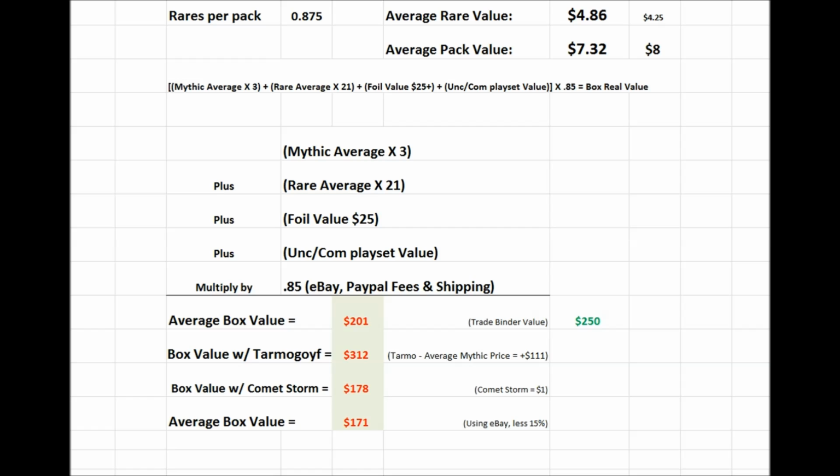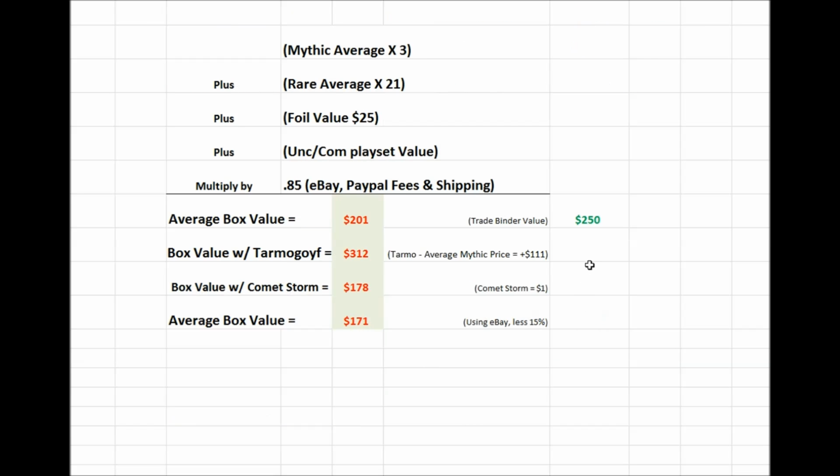So real quick, we're going to look at this page which I went over in my other video. If you haven't seen that video on is it worth it to open, you might want to take a look. But in short, if you're going to buy them to open them for yourself for the pure pleasure, yes, it's awesome, go ahead. If you are going to open it to sell on eBay immediately right off the bat, I don't think that's a great idea. I think that's a poor investment. You're looking at a loss per box in general,